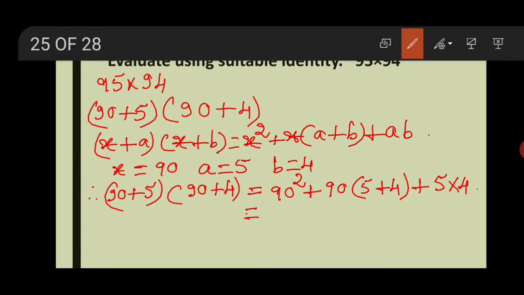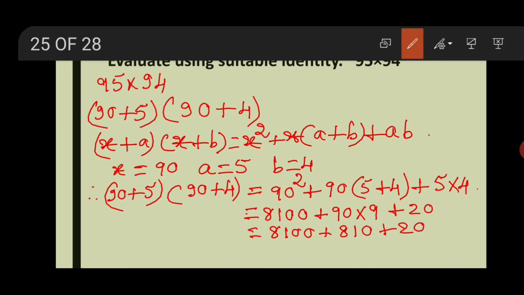That is equal to 90 square. 9 square is 81, here put 2 zeros, plus 90 into 5 plus 4 is equal to 9, plus 5 4s are 20. On simplification you will get 9 9s are 81, 0, plus 20, that is equal to 8,930. Right? Verify this answer using calculator also. Yes. Next,